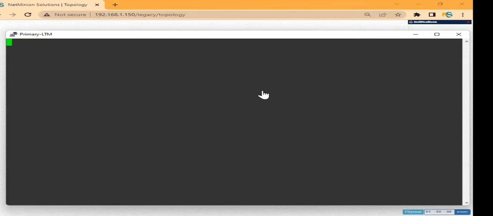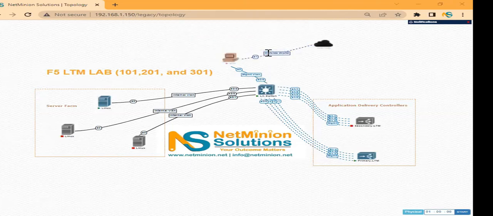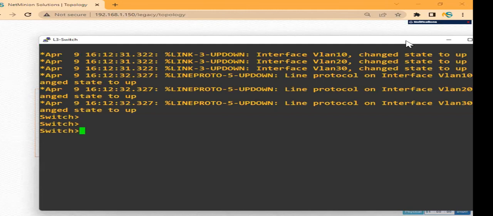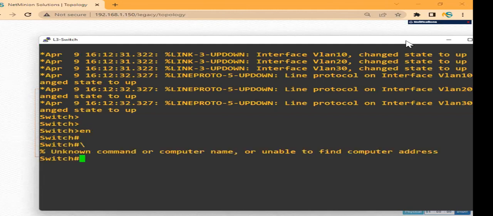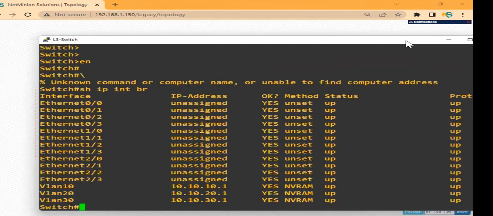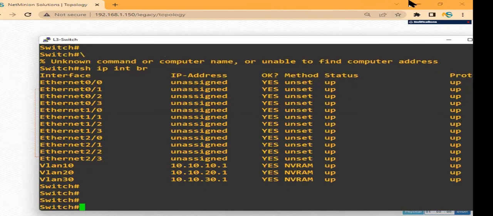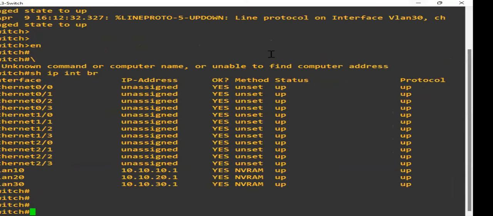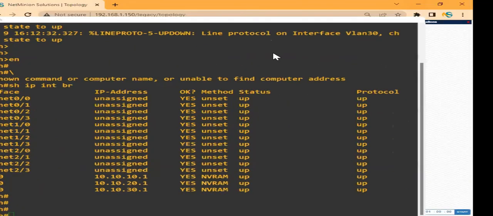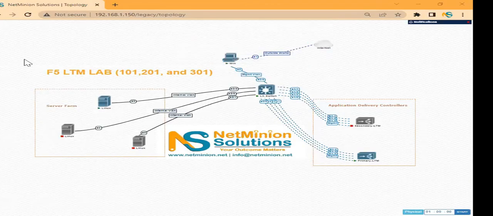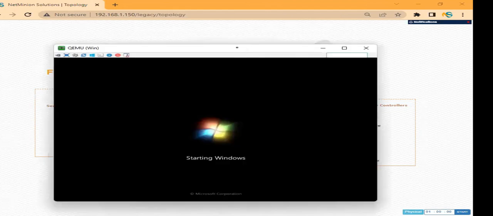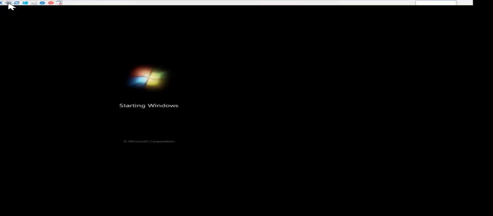Let me show you another device. If I double click on this, you can see this L3 switch is there, enable, and whatever you may want to check, you can check. Later on, I will explain this whole lab. Don't worry, I will explain. I'm just showing you how we can take the console. Just double click and you can see this Windows machine is booting up.